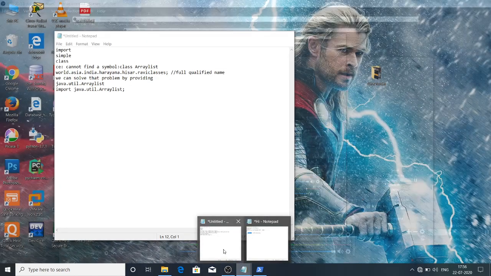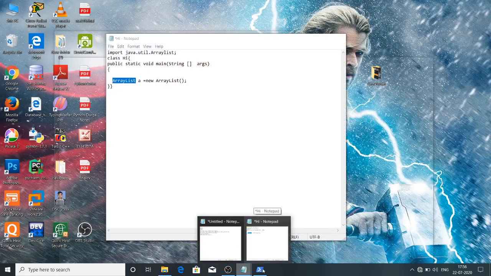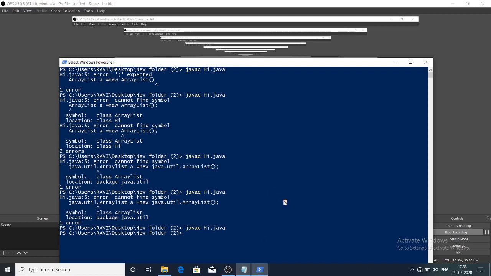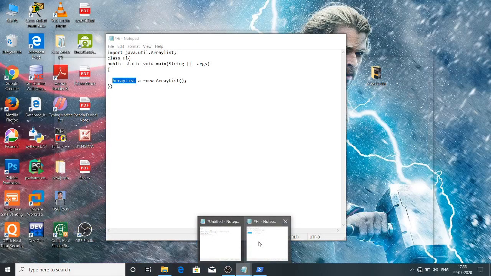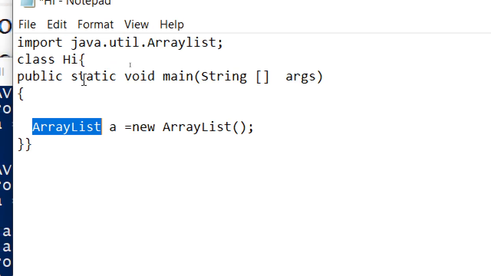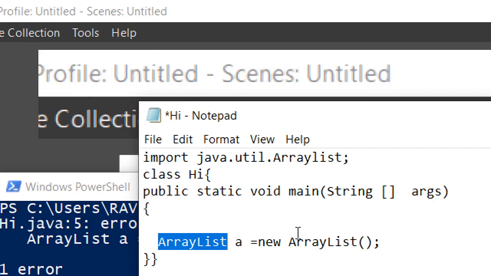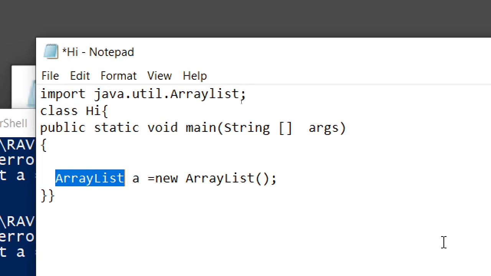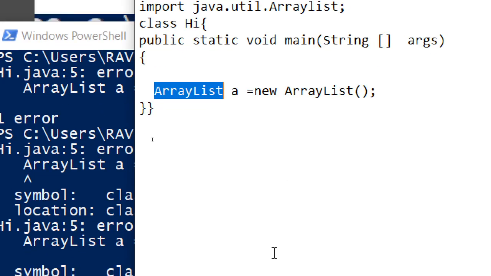So, wait a minute, I will see that. The code compiles fine. At the time I compile, see, the code compiles fine, and I use import java.util.ArrayList. There's no problem with that. I zoom in, see that the code compiles fine. There's no problem if we use the short name.